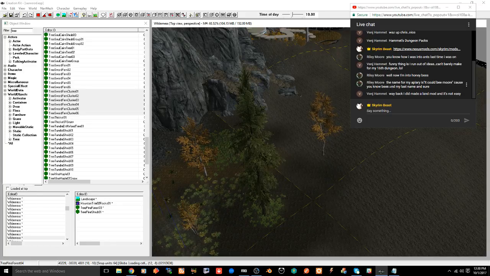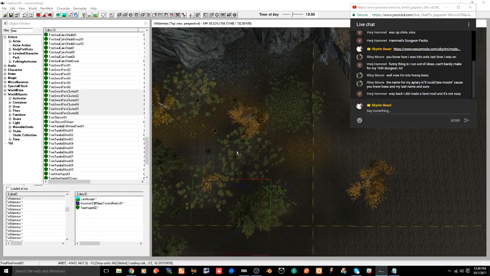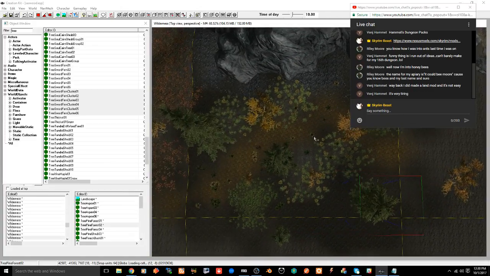Riley says the name for my apiary could be more because, you know, bees in my last name. And sure, way back I did make a land mod and it's not easy. Oh. I know that's right, Venge. Very tiring. Yes,